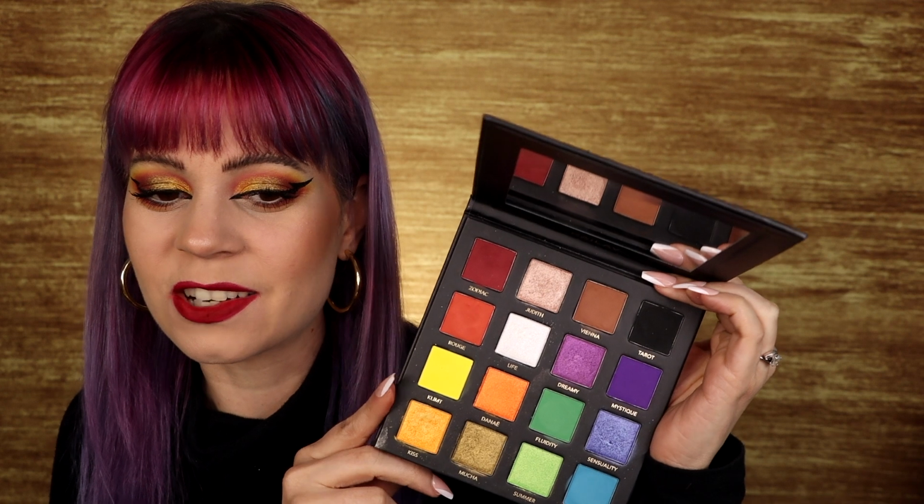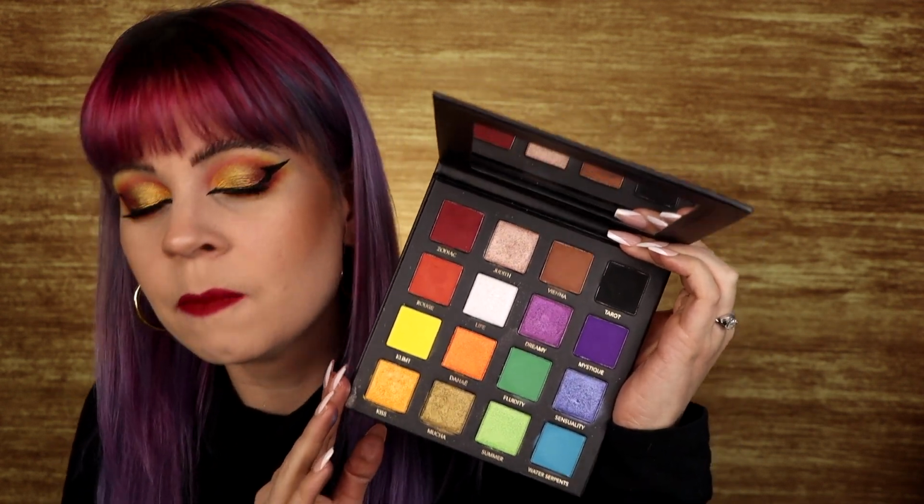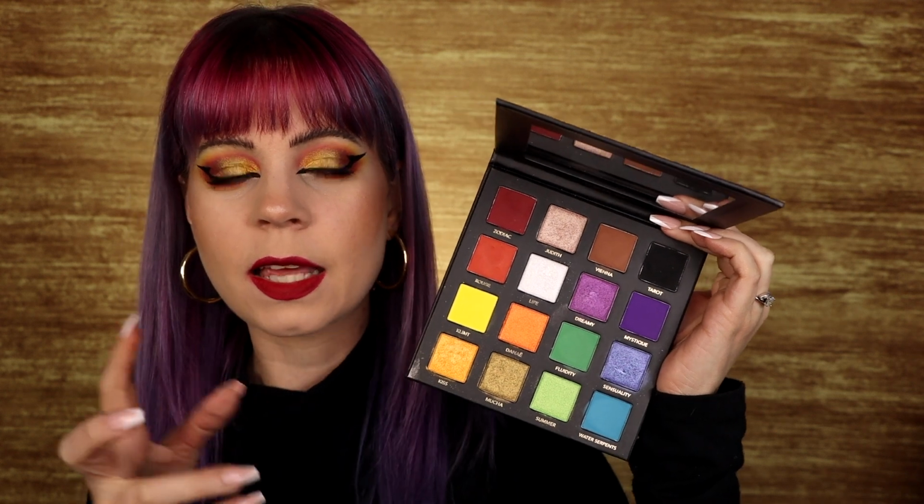And you guys know satins are not my favorites, but I think that the color story in this palette is beautiful. If you want something that is, like I said before, quite easy to work with, something that doesn't enhance texture on your eyelid, if you want something that's a little bit more muted but still has a punch, if that makes sense. Like the mattes are really nice and pigmented from Kailav, but the shimmers are a little bit more toned down, and I know that a lot of people really enjoy that depending on, you know, your age and your eyelids